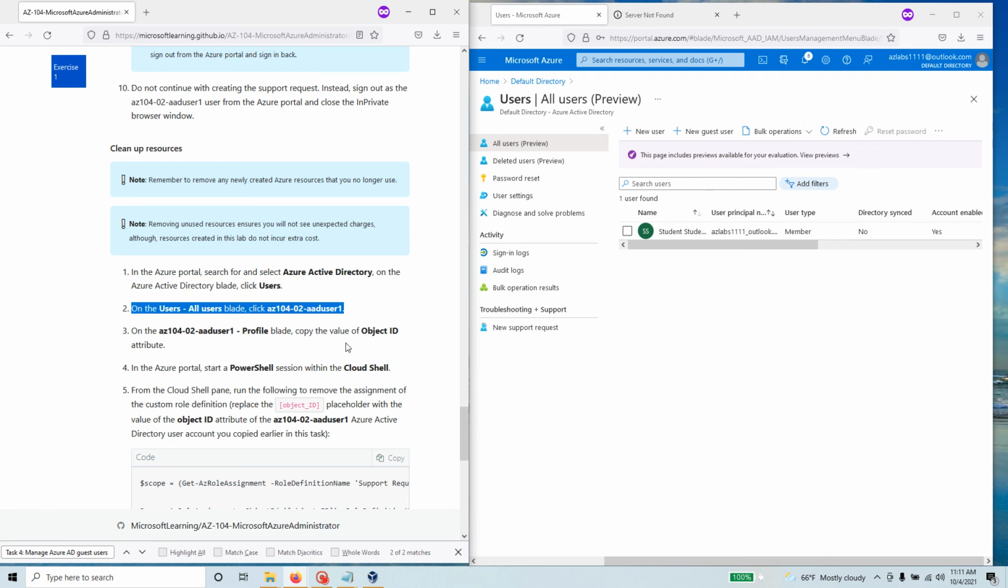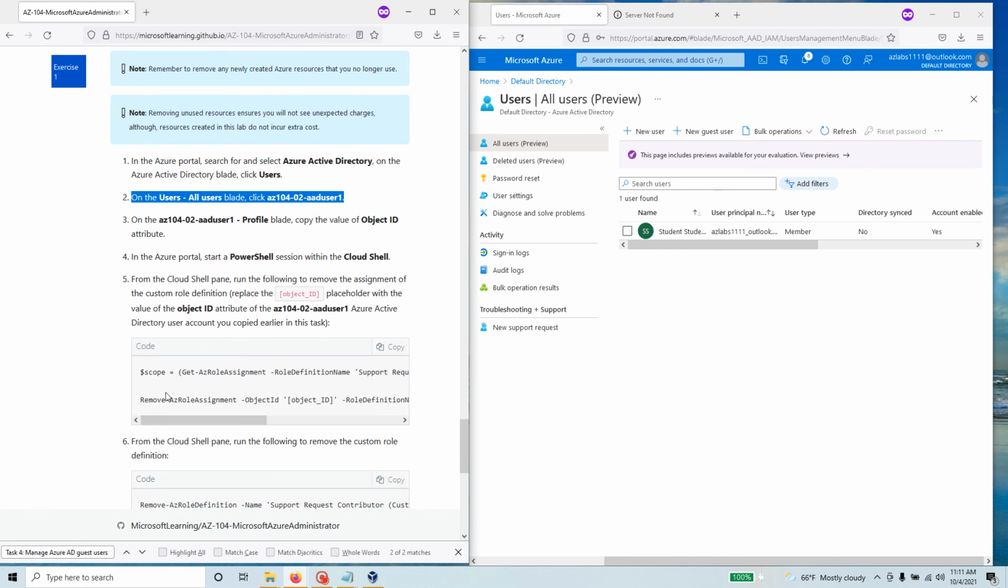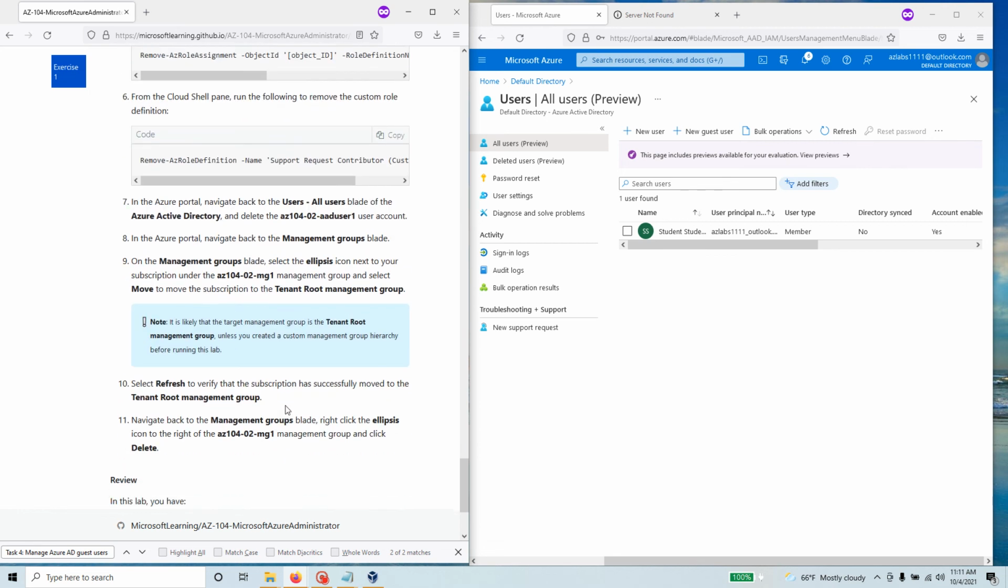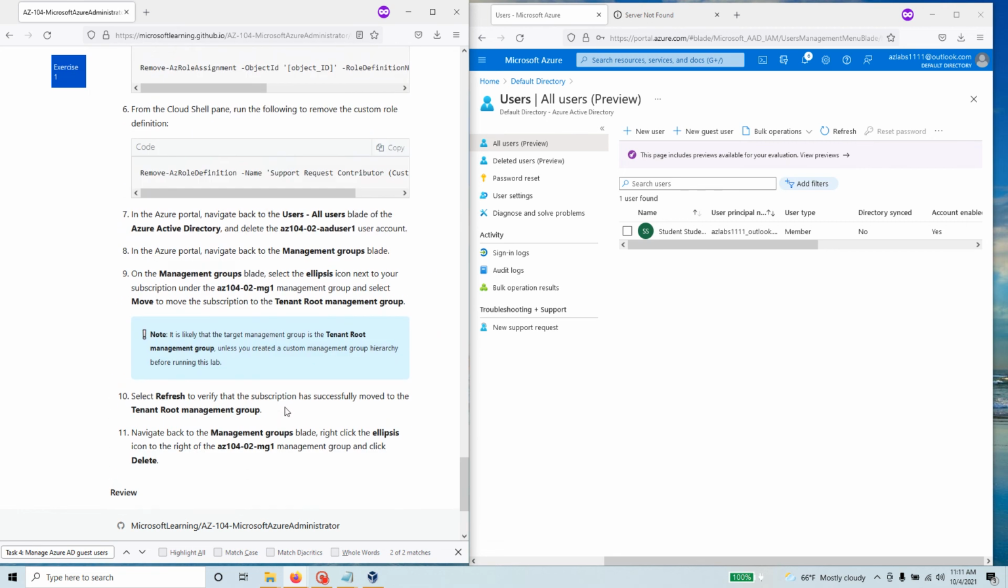Blade this user, copy the value. Okay, they're actually running a partial script to do that, from the partial script. So you can also, well, we have already deleted that user, so that role would automatically be deleted, hopefully. So you can go through this and get rid of the other resources, but for the lab, I think I'm just going to stop here,